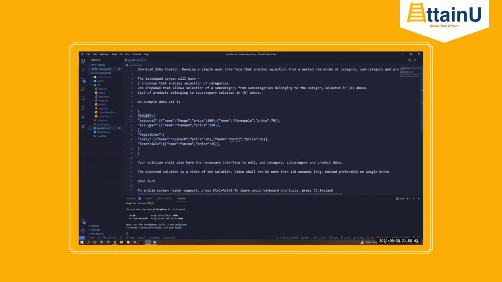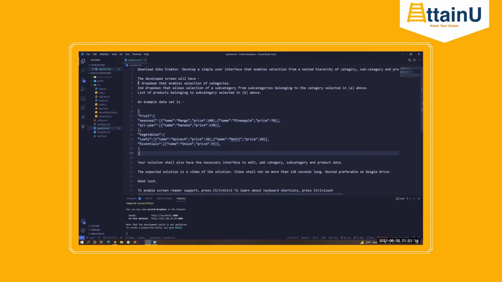It has several different options, which will be a different selection box or a drop down, and that subcategory, let's say, will have different sets of items in it, and that is what will have another drop down. So the whole idea here is, based on this structure of JSON, we need to create a dynamic UI out of it. Three selection boxes, which will be dependent on the structure of this particular object itself.